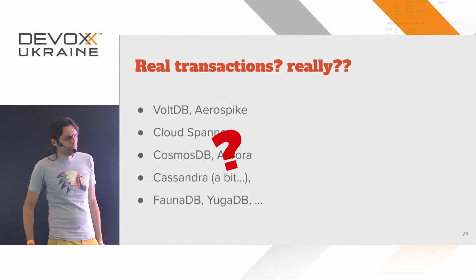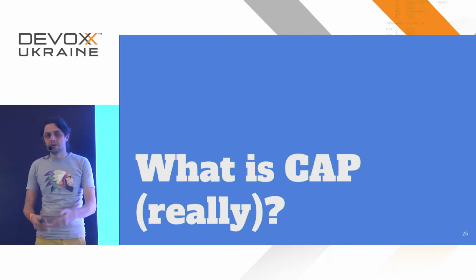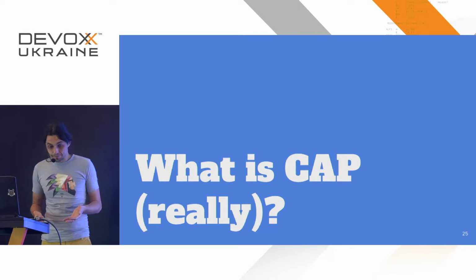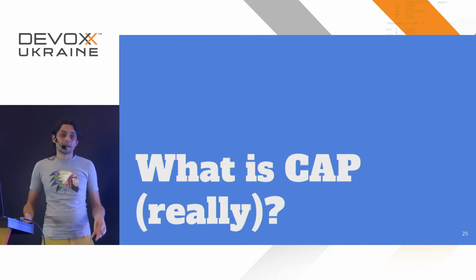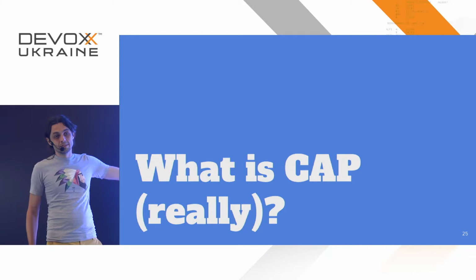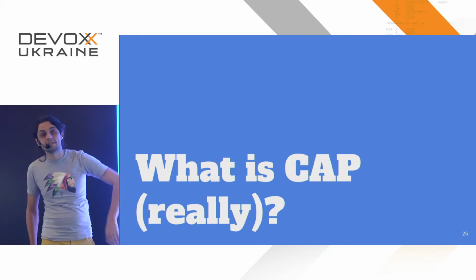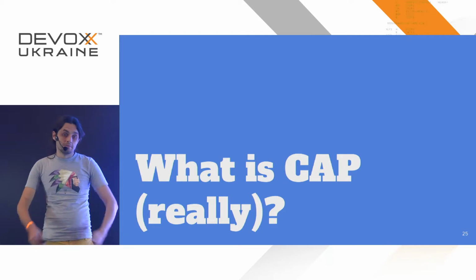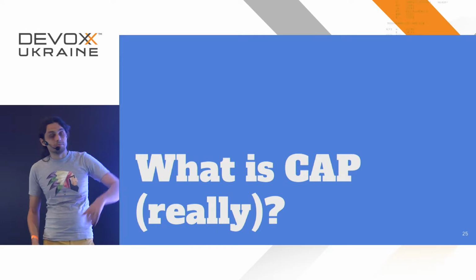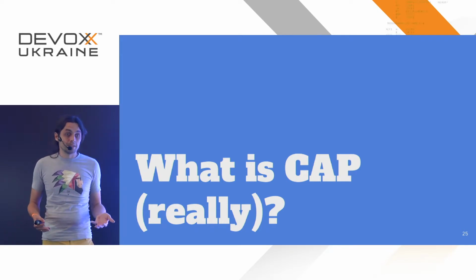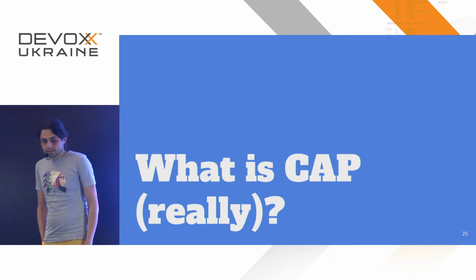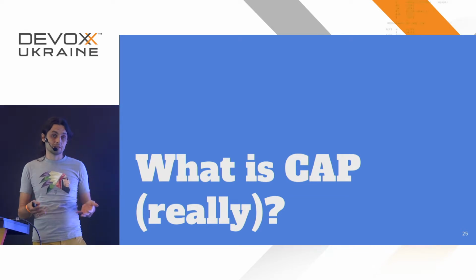Because a few years ago, we learned, okay, so there's this CAP theorem, you can't have consistency when you have web-scale transactions. And many people said, okay, the CAP theorem is a mathematical theorem. It has a proof. You cannot break it. You cannot escape these trade-offs between consistency and availability. So what happened in these few years, right? Did the laws of physics change, or did we find some problem in the proof, or did anybody just forget about this CAP theorem? And it turns out it's good to go back to the basics,